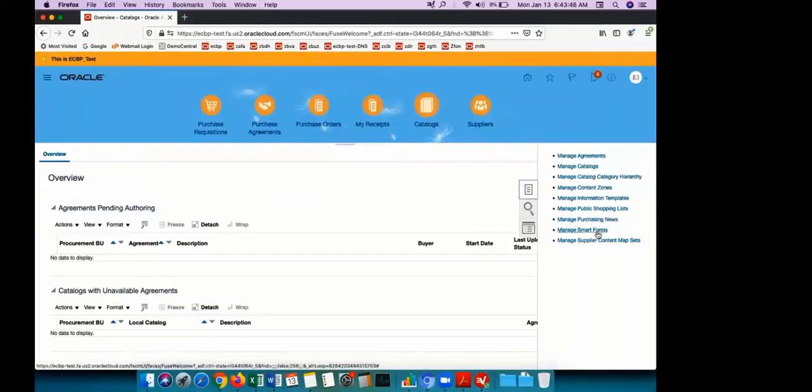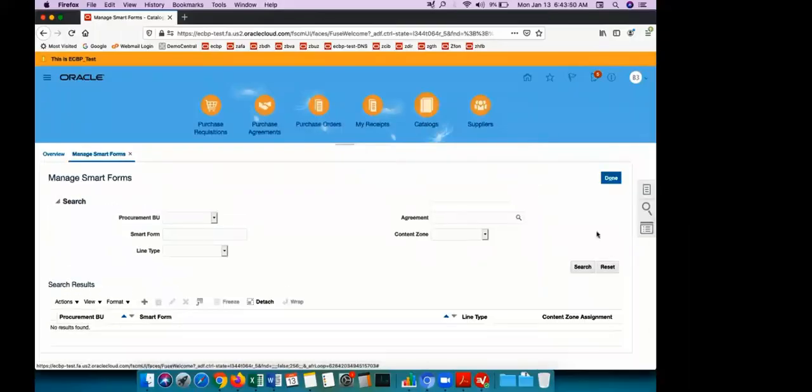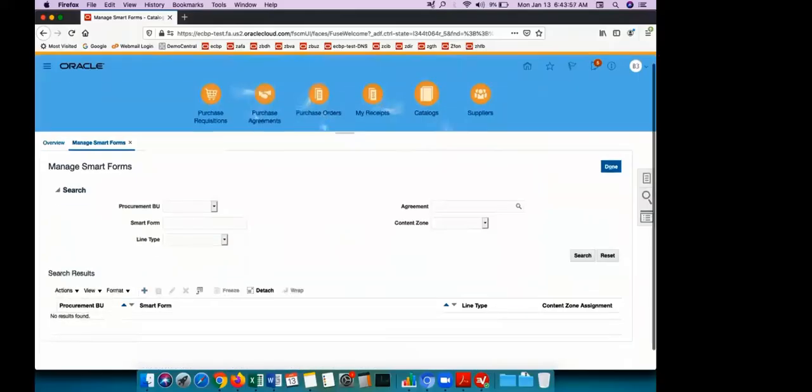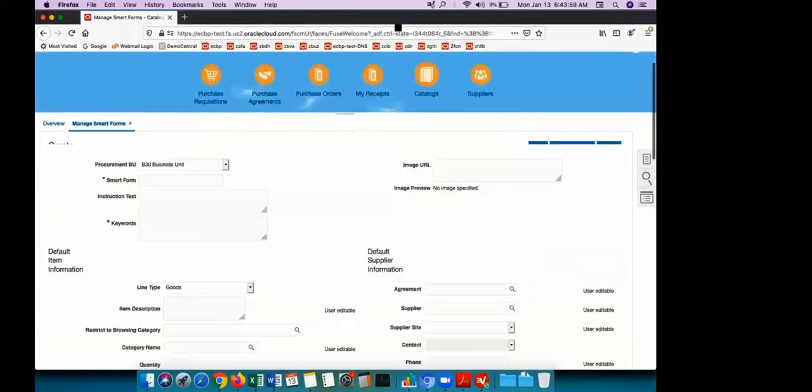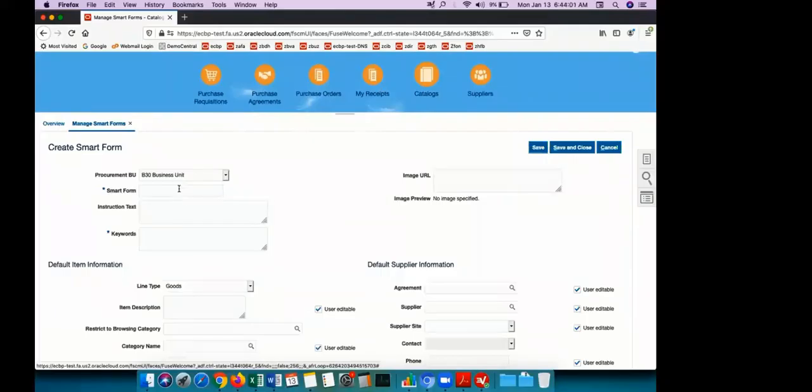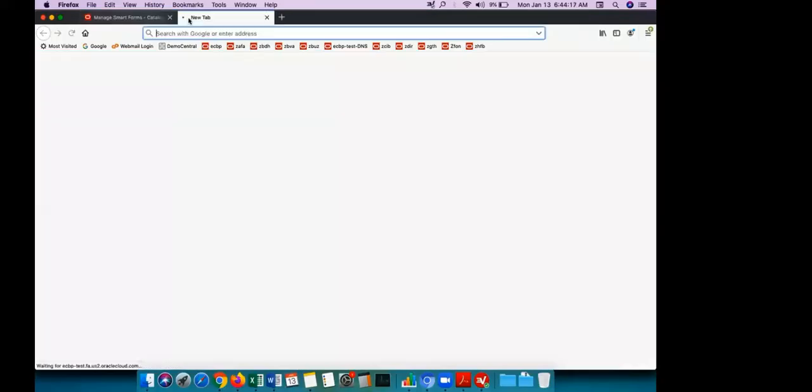So here you can see I'm going into the manage smart forms. Here we can just create our own smart form. Maybe I'm just creating a smart form called visiting card. Okay, this is for maybe B30 underscore visiting card. So this is the smart form name, instruction, helpdesk, keyword, and I'm just entering the same. So maybe if you have a smart card URL, maybe if you have a visiting card,